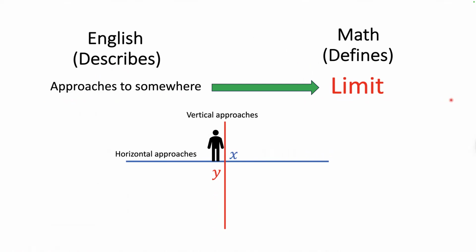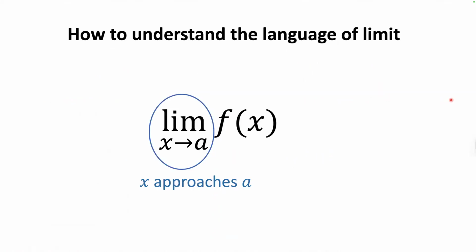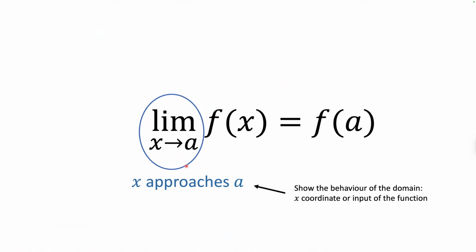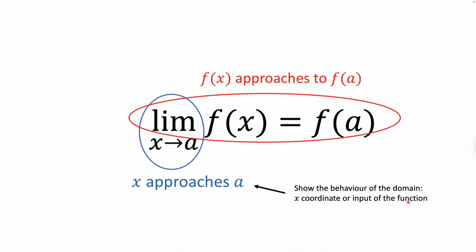To be familiar with limits, you need to know how the symbol of a limit can translate to English. In this symbol, lim x→a describes that x approaches a, and the symbol lim f(x) expresses that f(x) approaches somewhere. Therefore, the symbol can be interpreted as follows. If the x-coordinate or input variable approaches a fixed value a, then the y-coordinate or output of the function f(x)